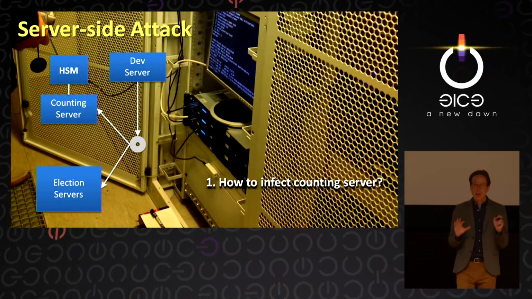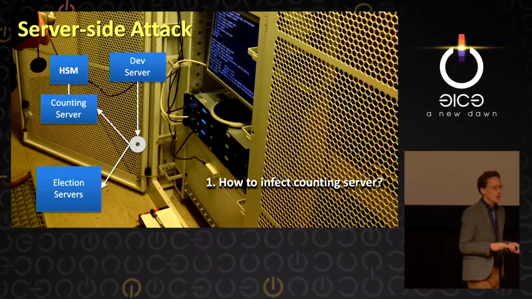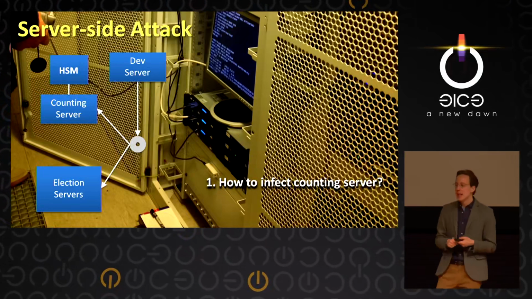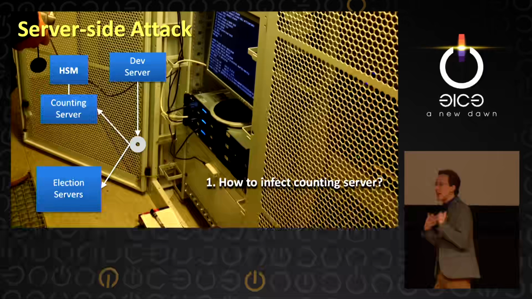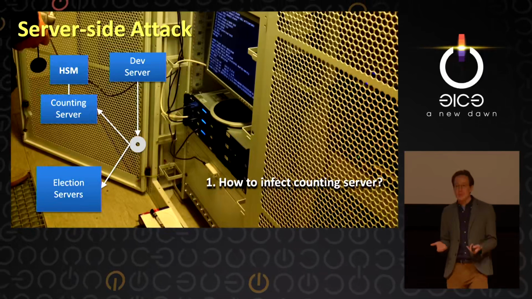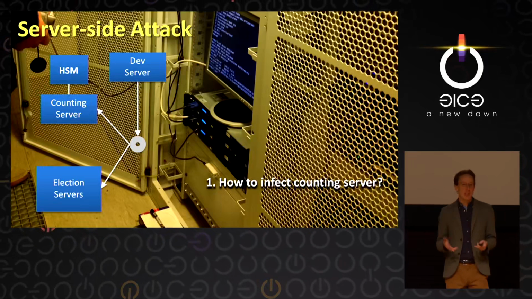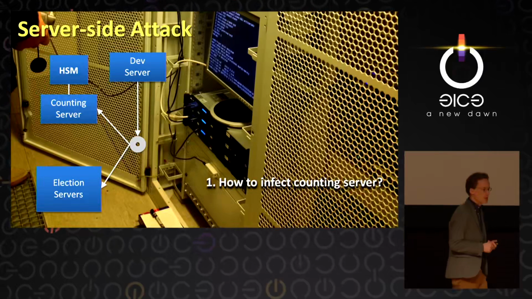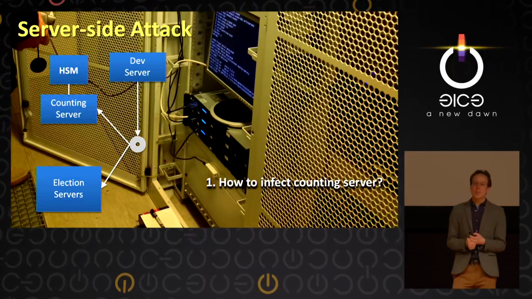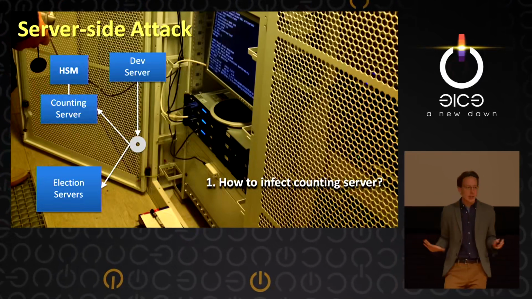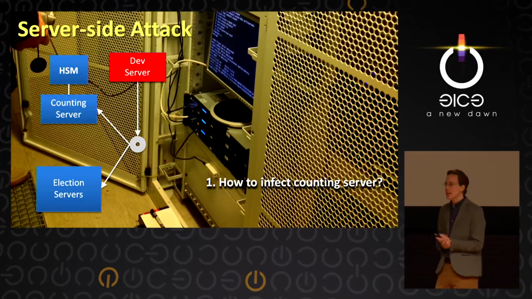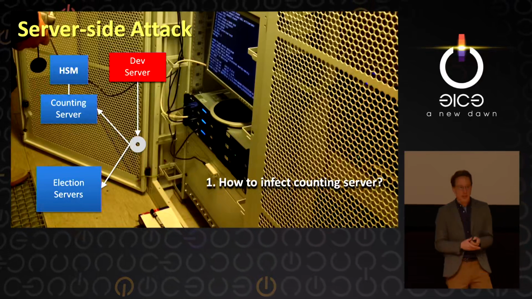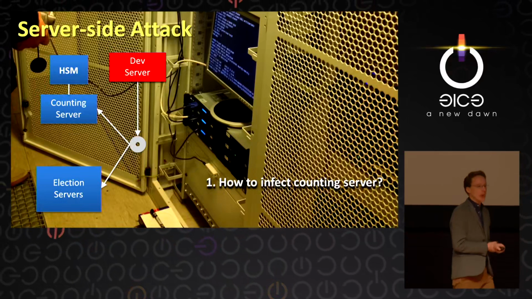So in our investigation, we found out that the way they build that machine for the counting server, it runs, I think, a Debian variant, and that is installed from a DVD. That DVD is burned in a separate development machine that is built before the election and actually downloads a fresh copy of Debian from the web and burns the DVD. So let's assume we can step back a few levels from the counting server and compromise that dev server. It is on the internet. It is built before the video recording starts at the beginning of the election. Let's say we can get some malware on that.